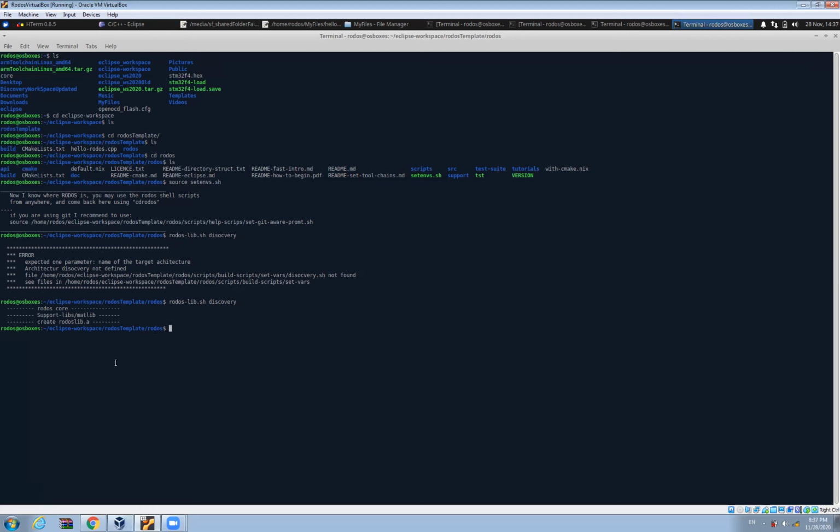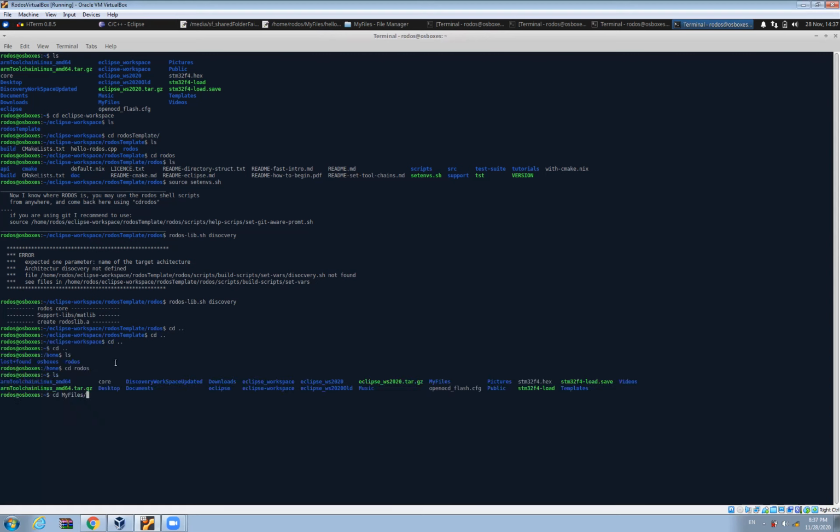So go to the place where you have your code or file. For example, change directory, I go to the place. Here, if you go to the Rhodos folder, you see my code is here, and there is only one file. There can be multiple files. First we created the library, and now we are going to compile our code, or our thread. The instruction for this is Rhodos-executable.sh, and give the architecture on which you are working.